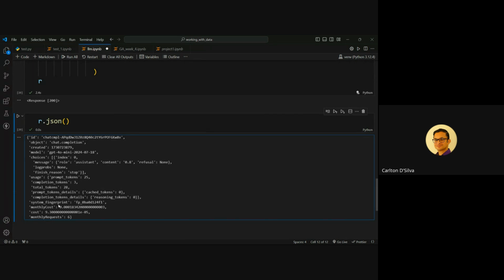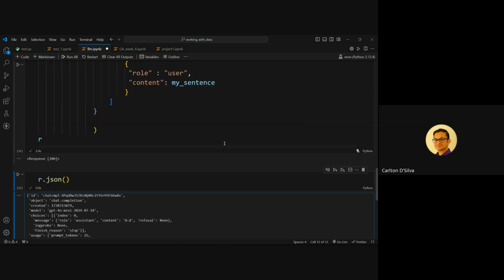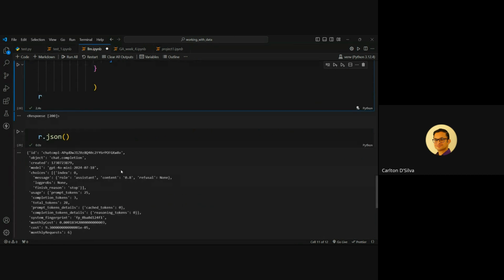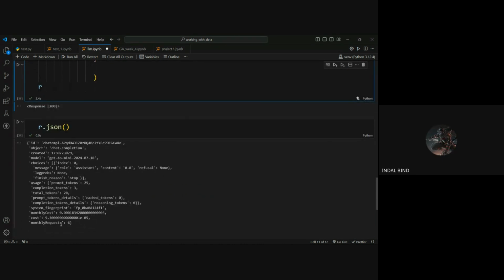So your tokens are working. If you look at your prompt, what is your prompt? Give me sentiment, you choose range of -1 to 1. So let's see what its result was.